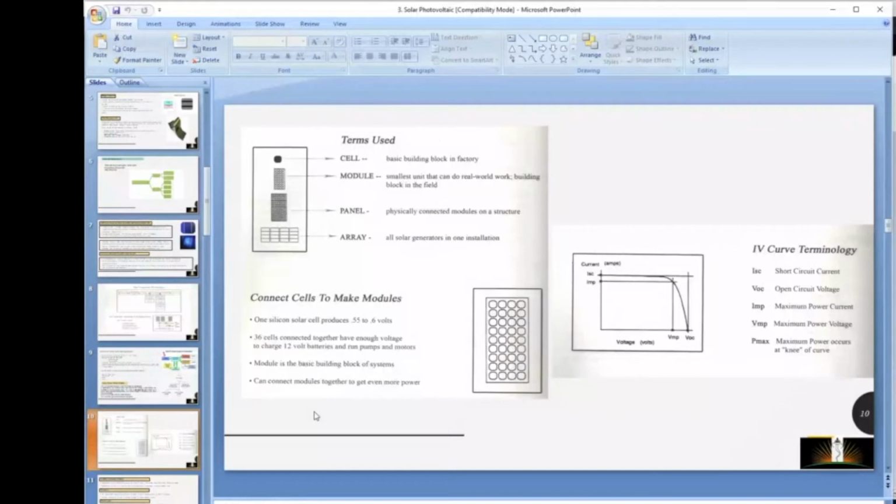Guys, everyone, please note it down very carefully, because these are the terms we are going to require in PVSyst design. Why? If the manufacturer is already in your PVSyst database, we will only select the manufacturer name and the capacity of the panel. But if it is not there, we need to check the IV curve and put these values in the database, and then we can select this particular module. So we need to understand these values very carefully.